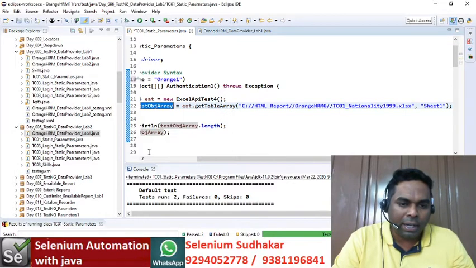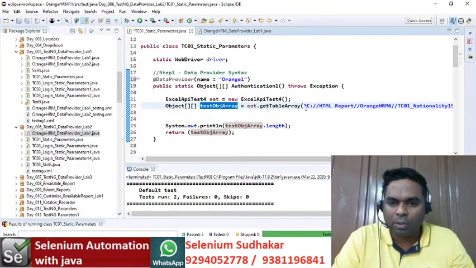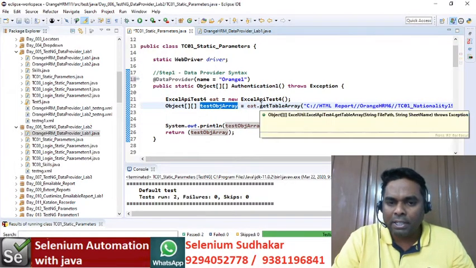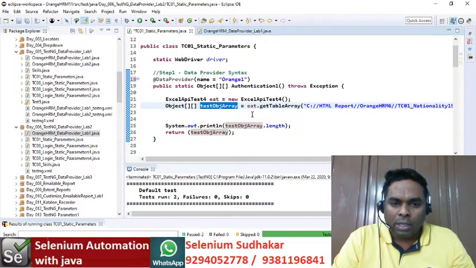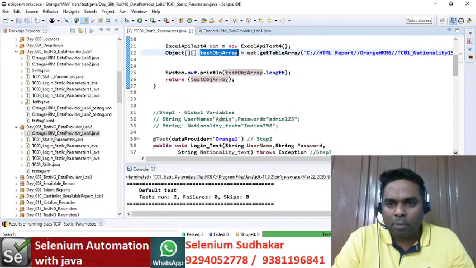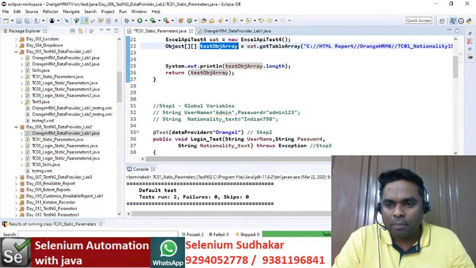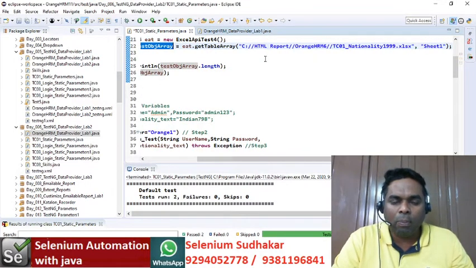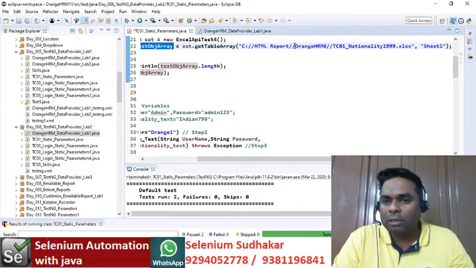Let's see how to call my data provider method. First I created ExcelAPITest4 e is equal to new ExcelAPITest4. Then Object testObjArray is equal to e dot getTableArray, and I'm giving my input data, the complete path of the Excel.